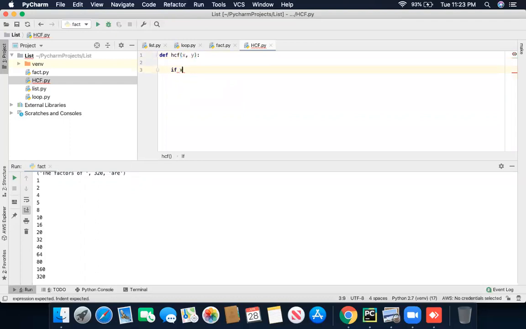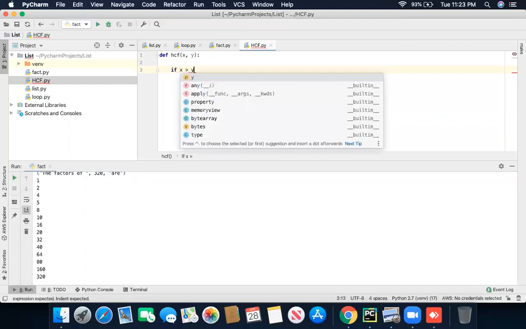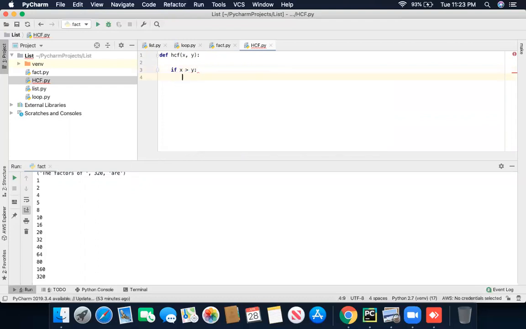If x is greater than y, then I'm going to use a variable sm, the smaller digit, equals y. If x is greater than y, then definitely y is smaller than x, so it will show us y is smaller. Or if that doesn't happen, then else sm equals x. Smaller is equal to x. If that doesn't happen, it will show that x is the smaller one.